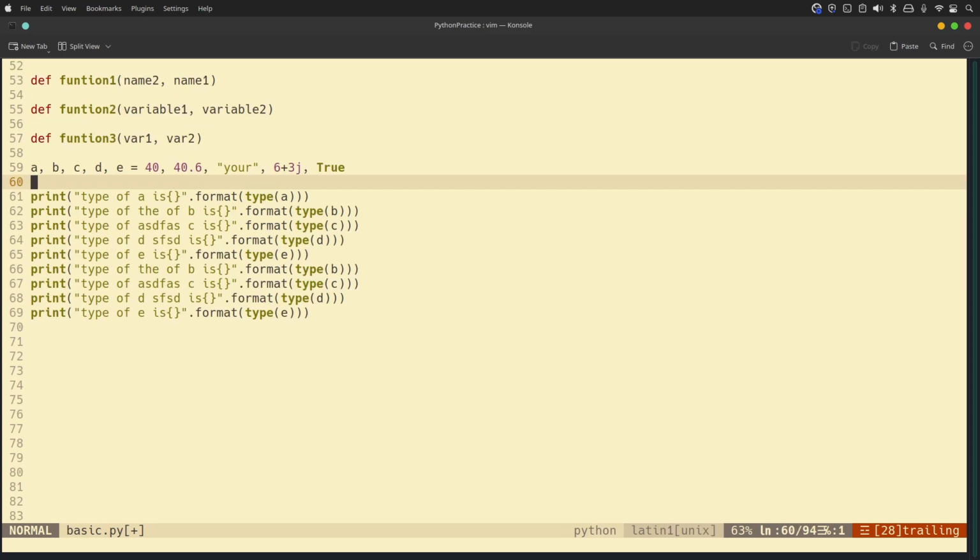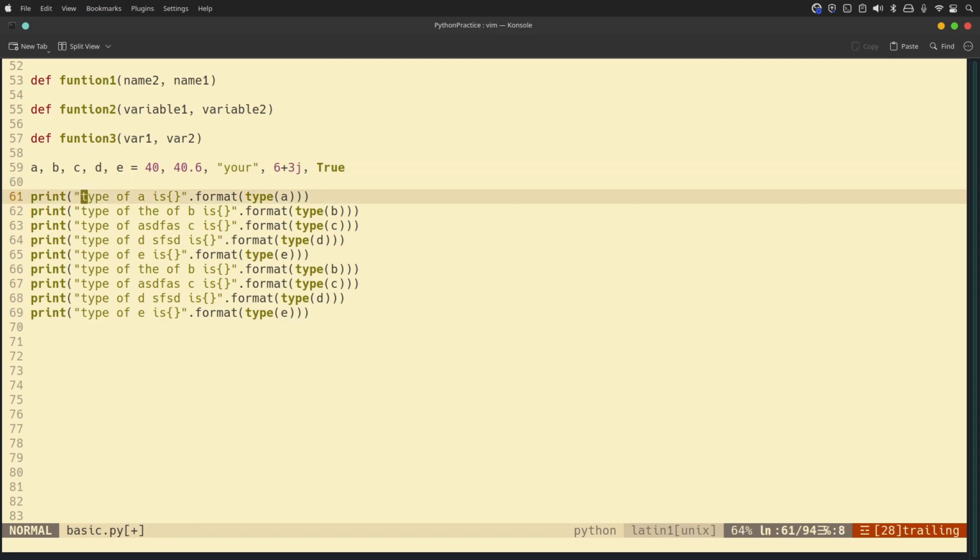Another way is, so I have written some lines of code here, and at first I've written some print statements, and I'm trying to print the type of the variable defined in line number 59. Now let's say instead of type I wanted to print the value of the variable itself. So what I can do is